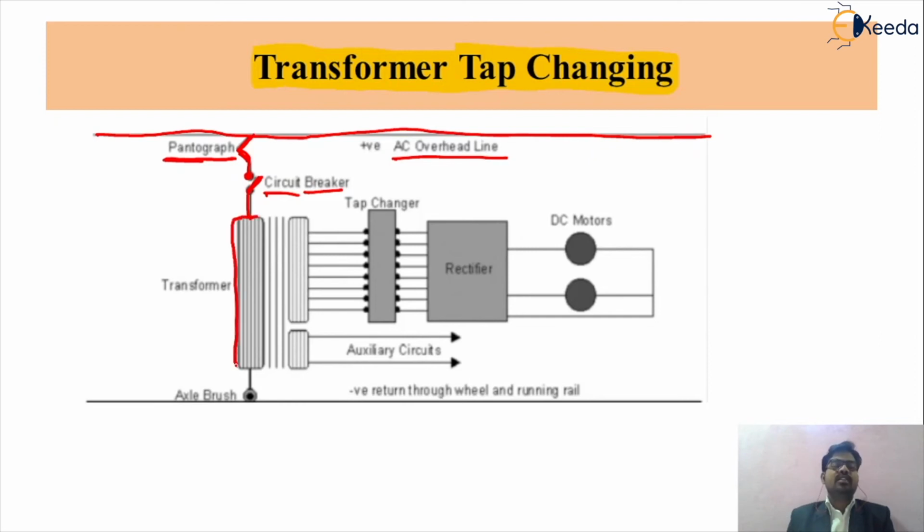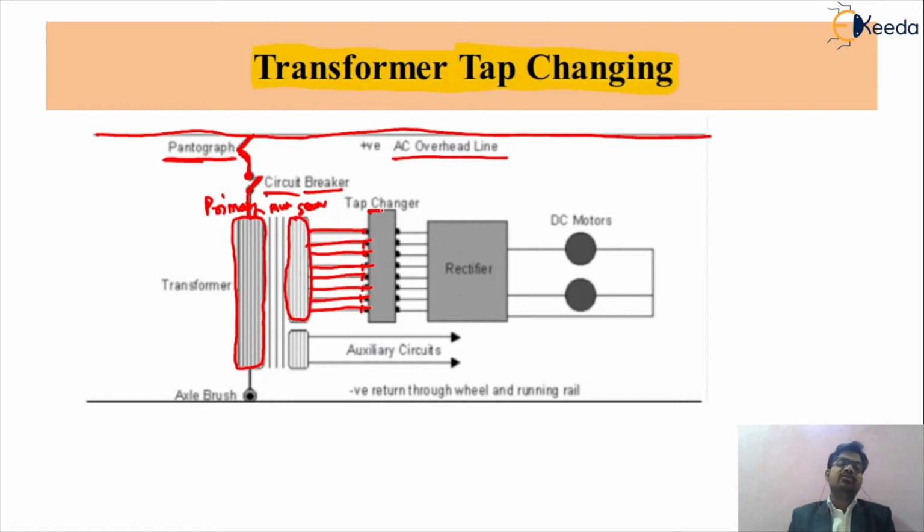transformer. So friends, this is the transformer primary. This is the transformer secondary. This is the primary winding of your transformer. This is mutual inductance. This is the secondary. On the secondary we have put some tappings. These are the tappings of your transformer, inserted on the secondary winding of your transformer, by which we can change the value of the voltage of your secondary winding.